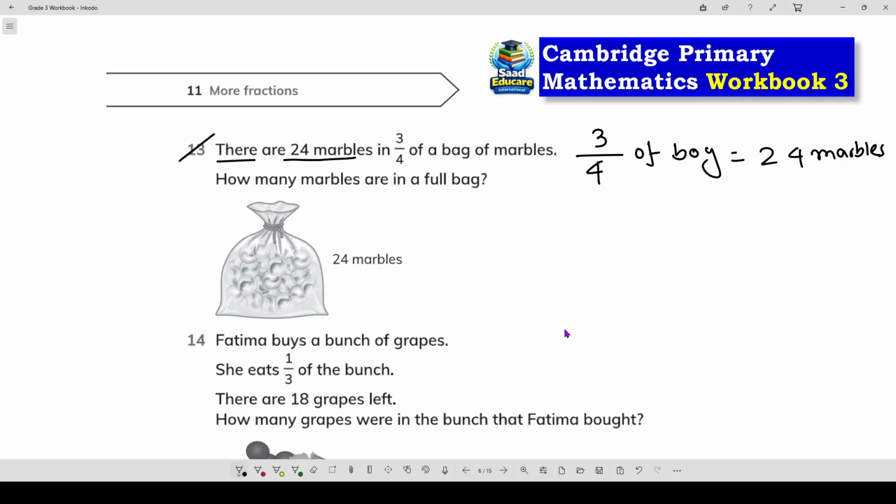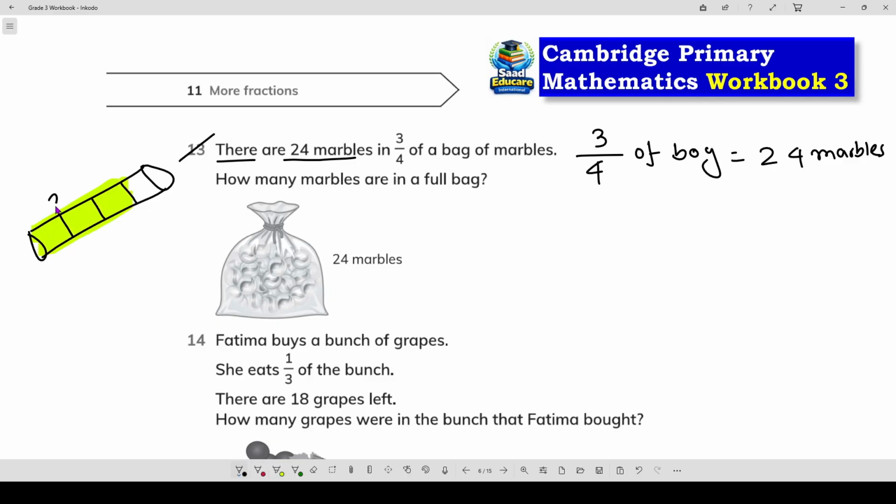Suppose this is a bag, we can consider it this way. We can make a big size. Okay, so it's a half and it's another half, and here this part means 3/4